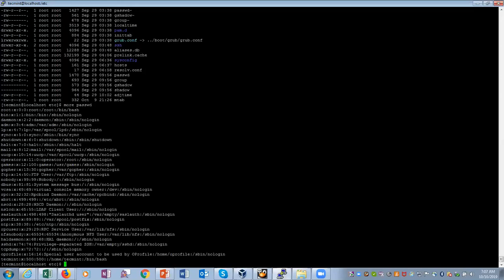If it spans multiple screens, then the more command would be very helpful. If you press the space bar, it will display the next screen. If you press q, it will stop displaying. And if you press enter, it will display one line at a time. So that is about the more command.